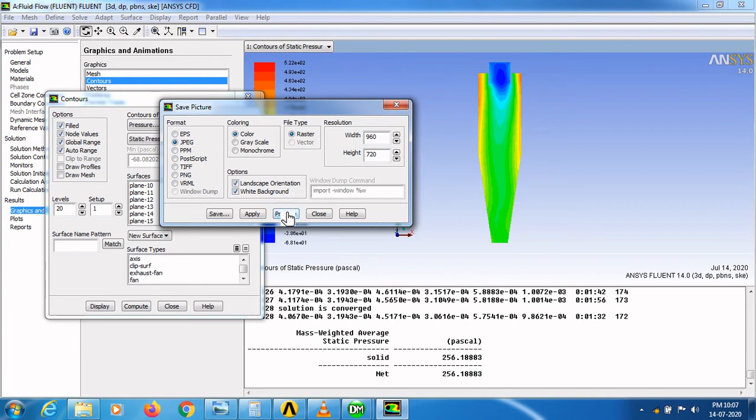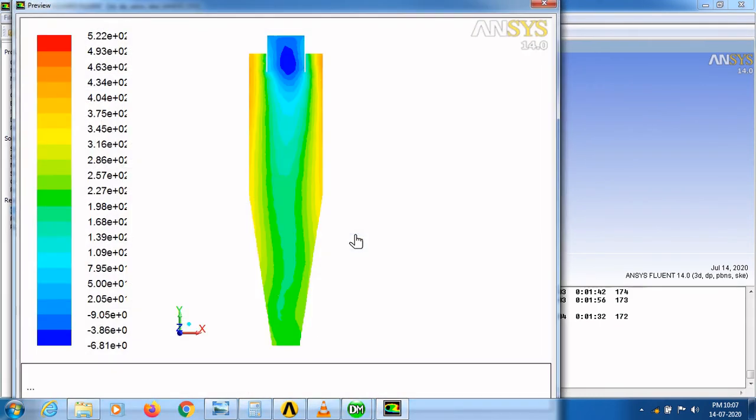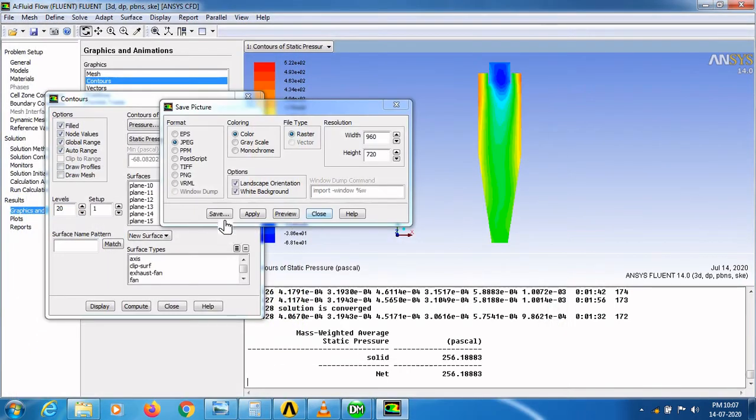In options panel you have to select white background. Click preview. Now you can see the result. If you want to save this picture, click save.